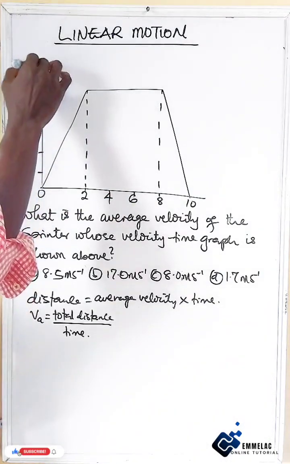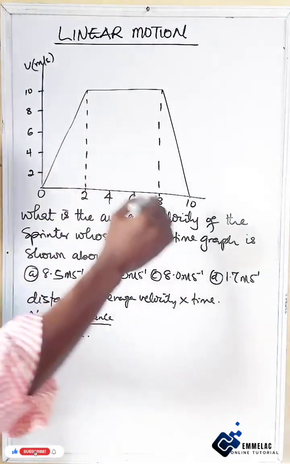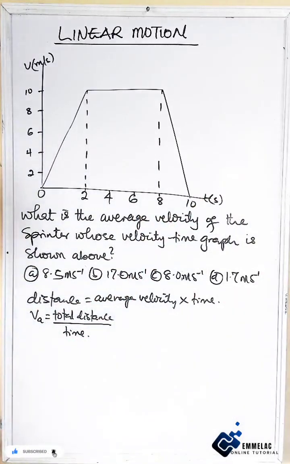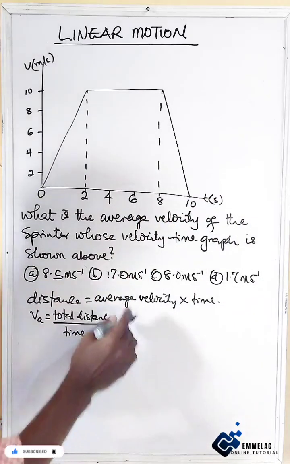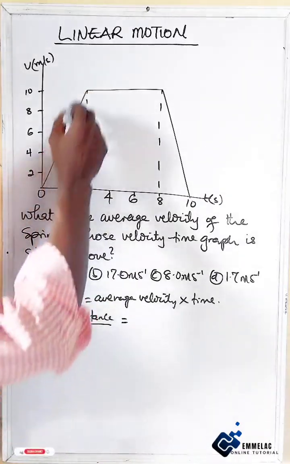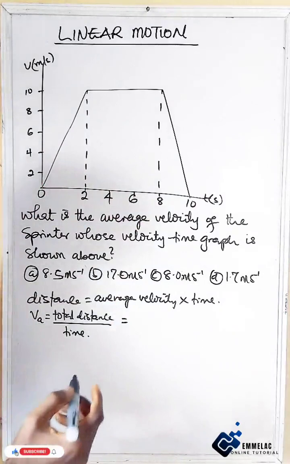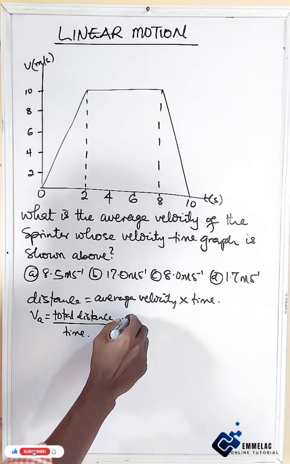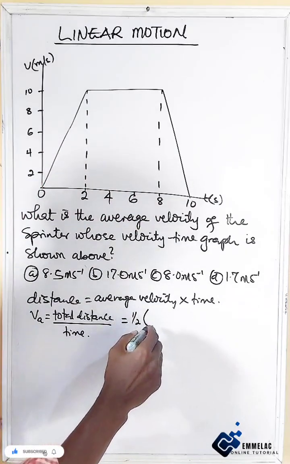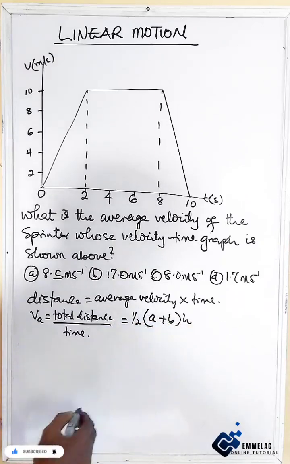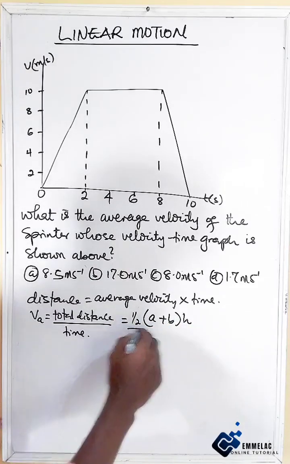So this should be velocity in meter per second and the time in second. Now you can see this shape takes the shape of a trapezium, which will be half into a plus b times height, then all over